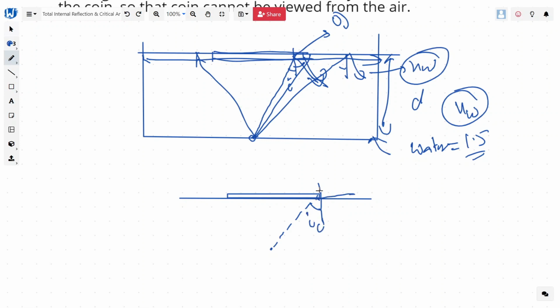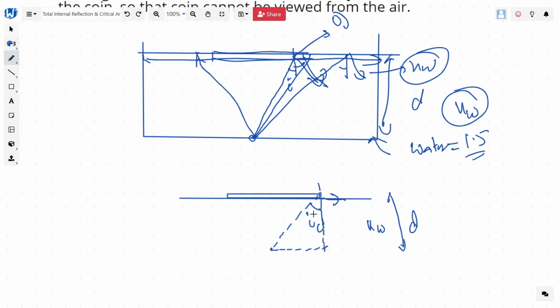At this point, the total internal reflection will happen on all the sides of the cardboard, and then no ray of light in the visible range is going to pass, and nobody will be able to see the coin, right? Now given is basically your refractive index of water, and we know the depth. Probably we are going to use that